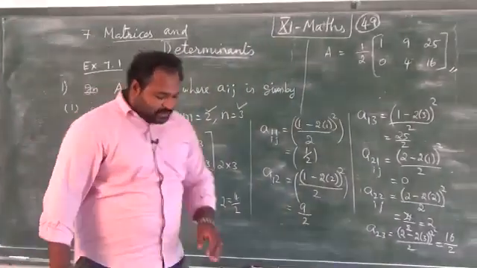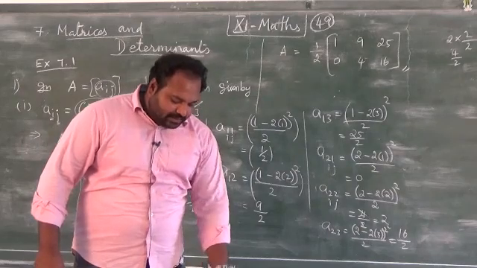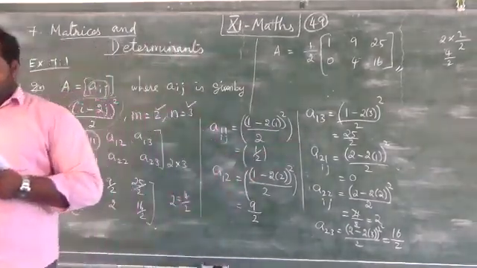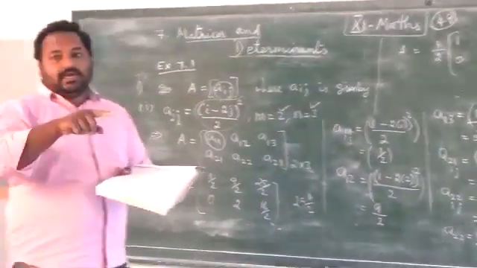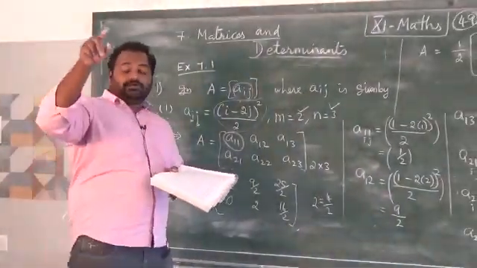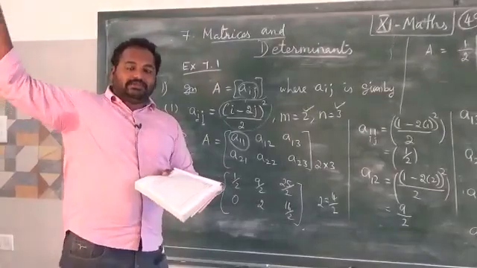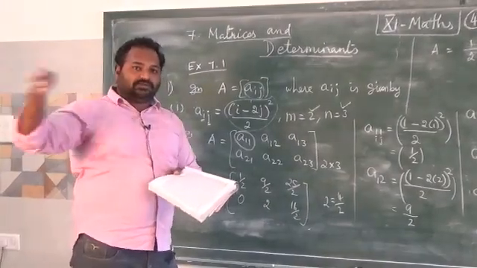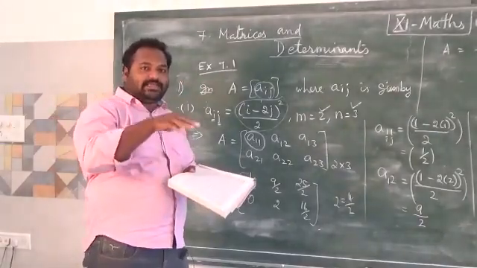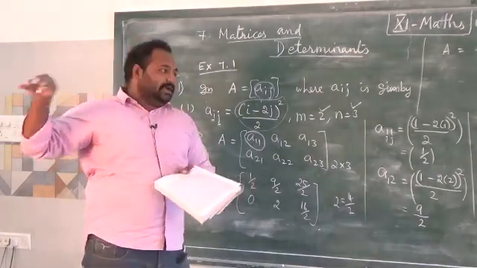Here we have another problem given in question number 1, the second subdivision. Here we are given m equal to 3 and n equal to 4. This is a 3 cross 4 matrix, so we have to arrange 3 rows and 4 columns. A11, A12, A13, A14, because we have to arrange 4 columns. Same like that, A21, A22, A23, A24. Next, the third row, A31, A32, A33, A34. That's all. This is 3 rows and 4 columns.